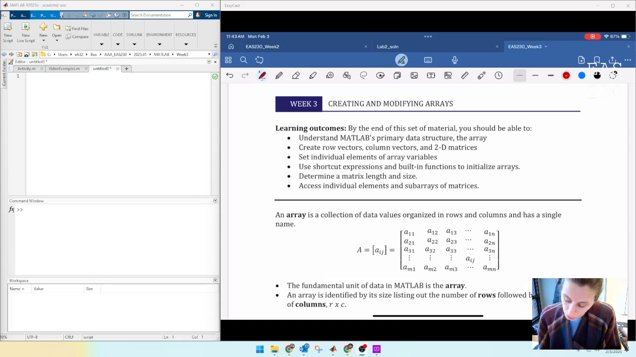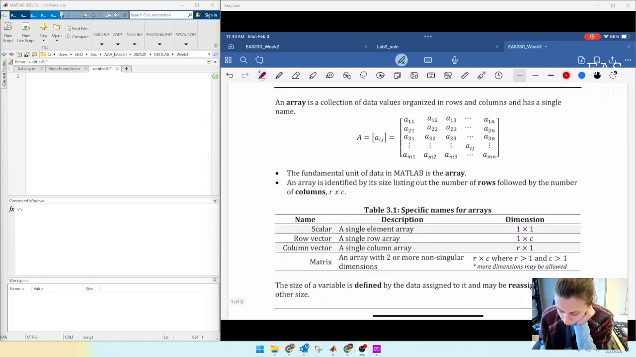In week 1, we learned about the assignment operator, this equal sign that stores data in a variable, where we say variable equals some sort of value. We're going to expand on that in week 3 to talk about all the different things that we can store in a variable. So first things first,